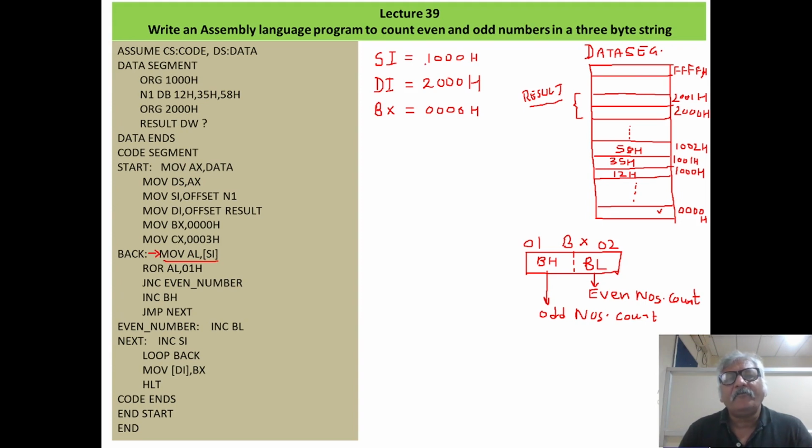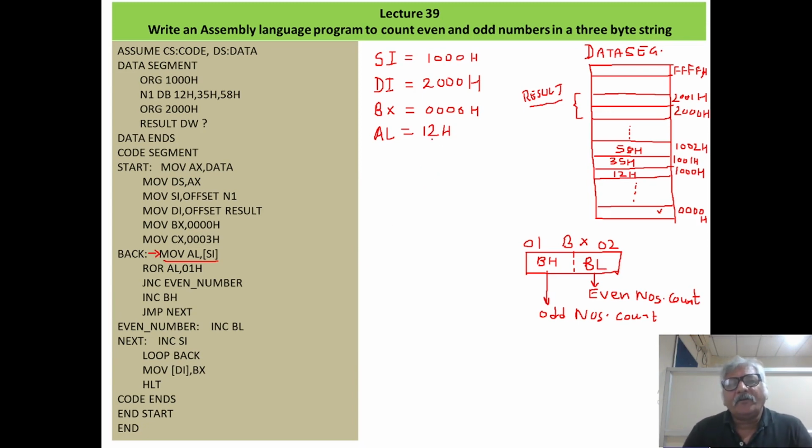So in SI what we have, 1000H. So at 1000H offset, whatever is the number, that is 12H, it will be loaded in AL. So my AL register will get a value 12H, which is my first number, right? This is my first number.